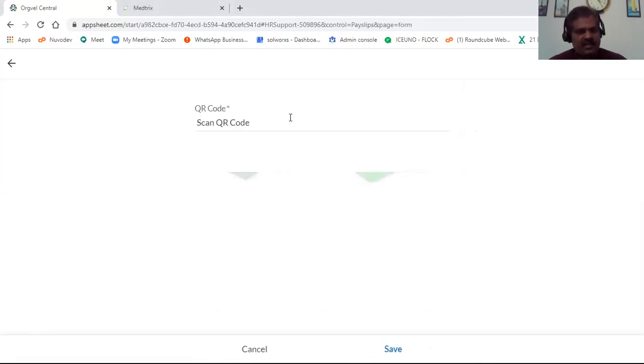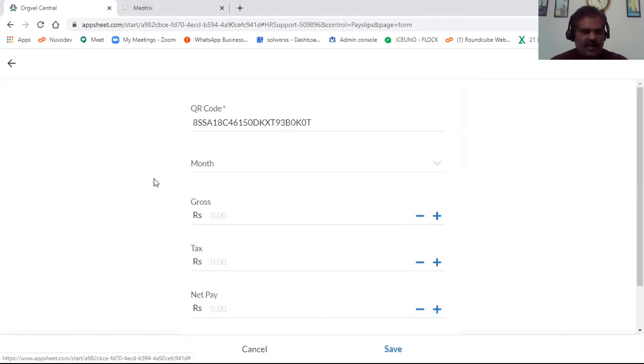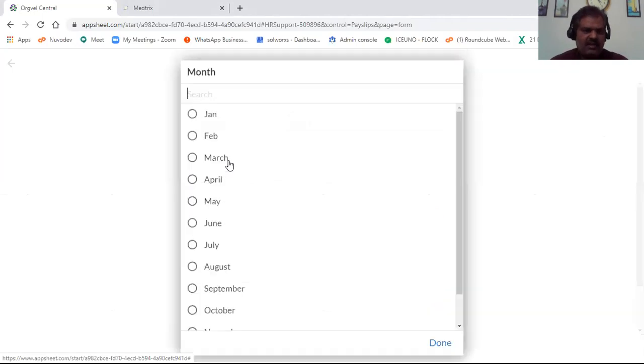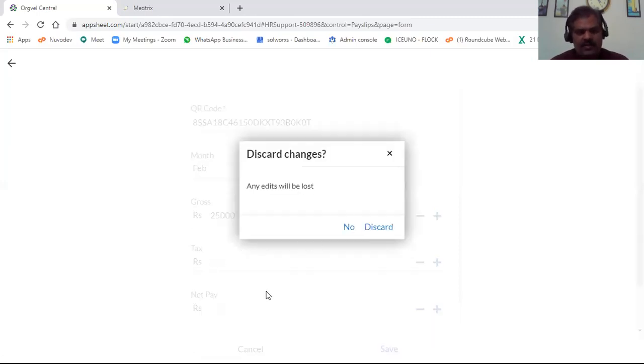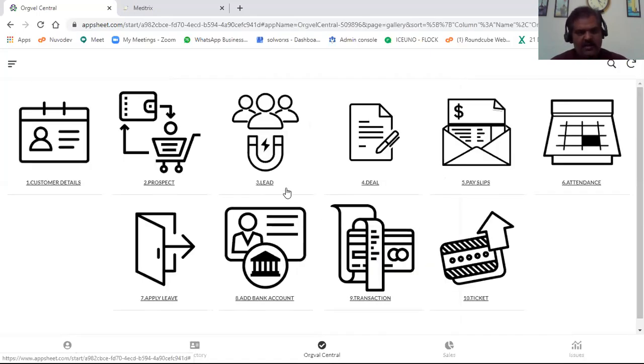Similarly is the case with payslip. We are not showing the actual functionality, but we'll just show the mock of it. So this is how it will come. In a real situation, the monthly payslip they can select, and automatically all these details will be filled up. Here we have not given any details because it is test data. So I'll just share the details here. The moment you enter this, you can save. And the moment he saves, this will be translated into a payslip automatically, and it will be sent to the email of the employee. So that's what can be done.